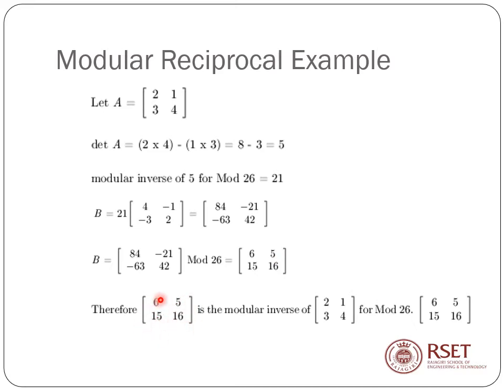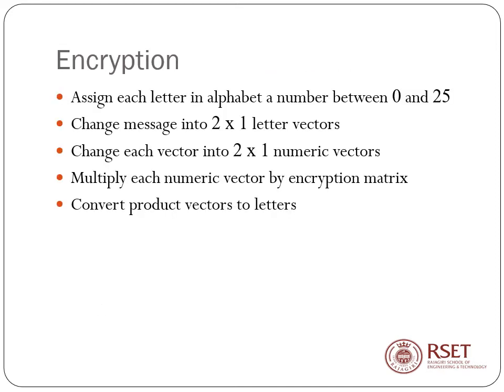Look at the range of values. All these values have come down to the range 0 to 25, right? So this is the modular inverse of 2, 1, 3, 4. This is the matrix used for encryption, and this is the matrix used for decryption. So that is the main thing that you want in a Hill cipher. Next one is, how will you encrypt a given text? You will be given a particular text, and how will you convert that to numbers, and you will be basically manipulating with vectors here, right?